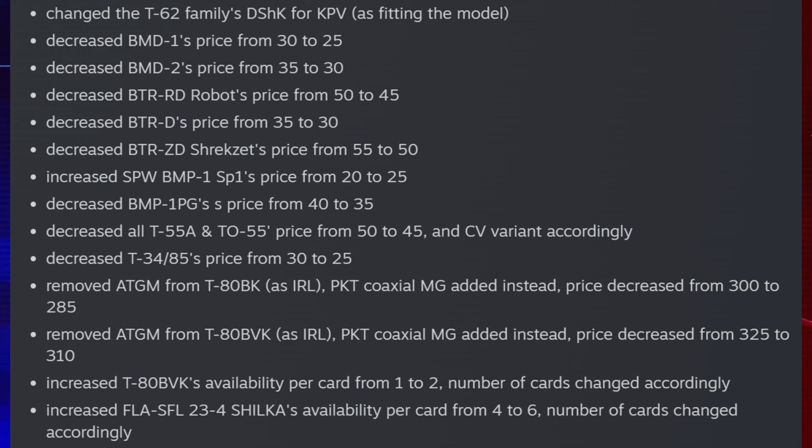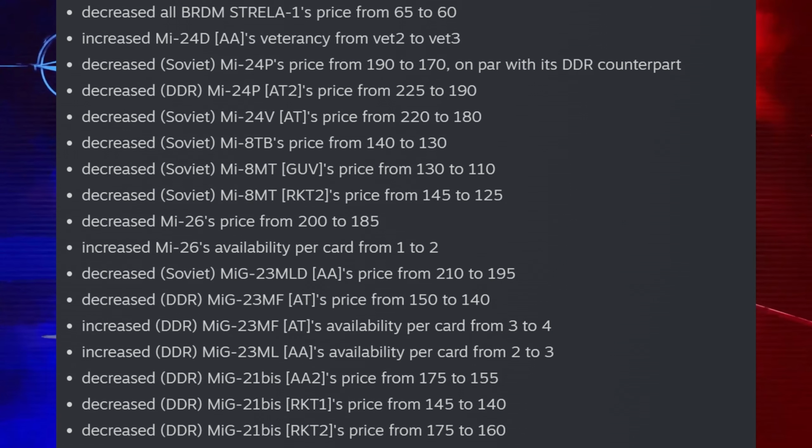So, increase the FLASFL 23-4 Shilka's availability per card from 4 to 6, number of cards changed accordingly. Decreased all the BRDM Strela 1's prices from 65 to 60, increased the MI24 DAA's veterancy from Vet 2 to Vet 3, decreased the Soviet MI24P's price from 190 to 170 on par with the DDR counterpart, decreased the DDR MI24P 82 price from 225 to 190, decreased the Soviet Mi-24 V80 price from 220 to 180,